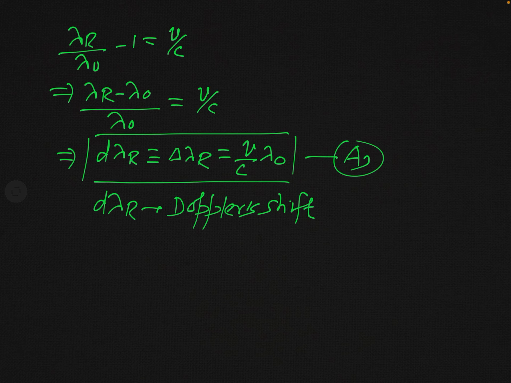And you know, in visible light, the wavelength of the red color is largest, and so this phenomenon is known as red shift. So delta lambda r is positive,